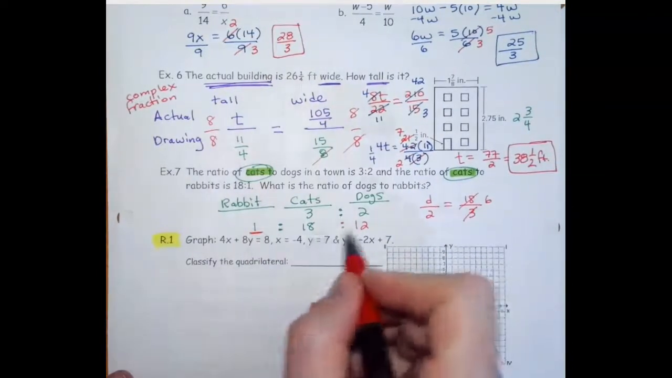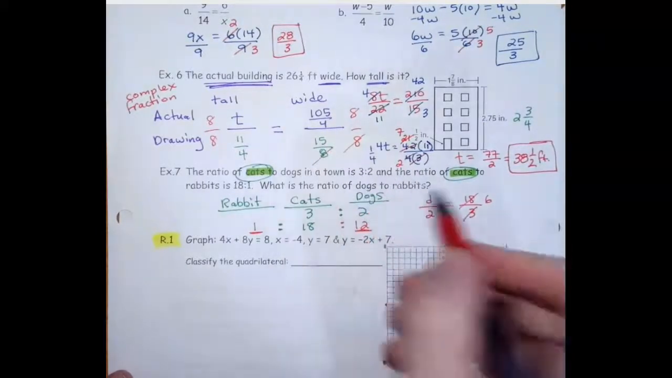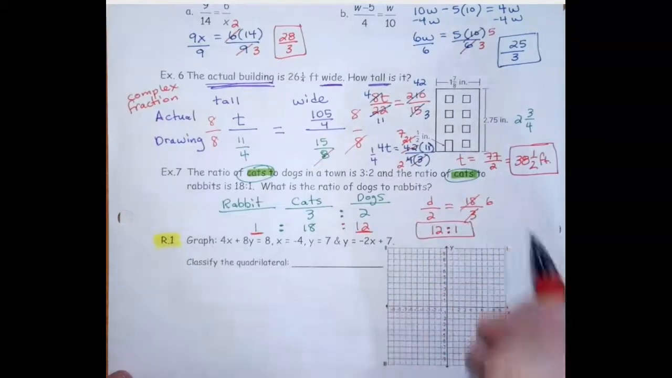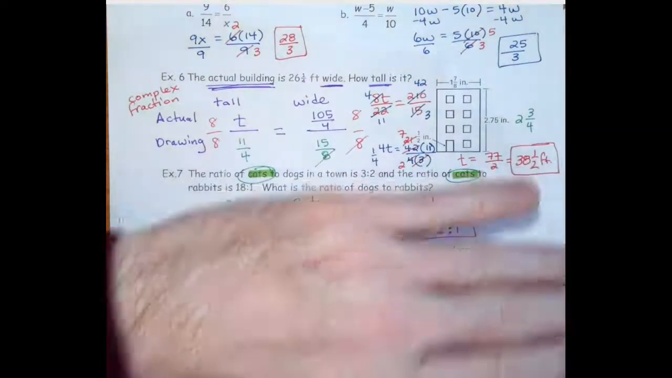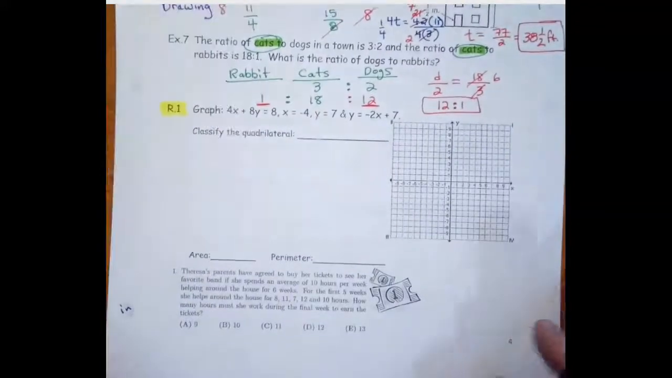And now these are both being compared to 18, so we can compare them to each other. It said dogs to rabbits, though, so we need to do 12 to 1. Dogs first. I probably did that a little bit fast, but again, hopefully, you pause that video and do that. Okay, so this is a review,